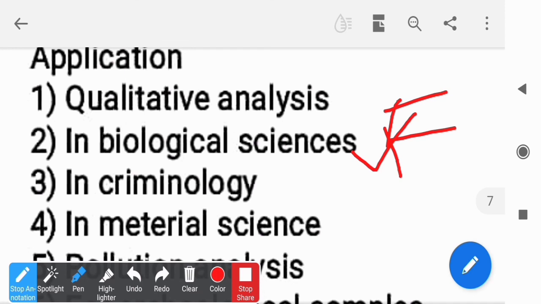Next is the application in criminology. Generally this technique is successfully used for problem